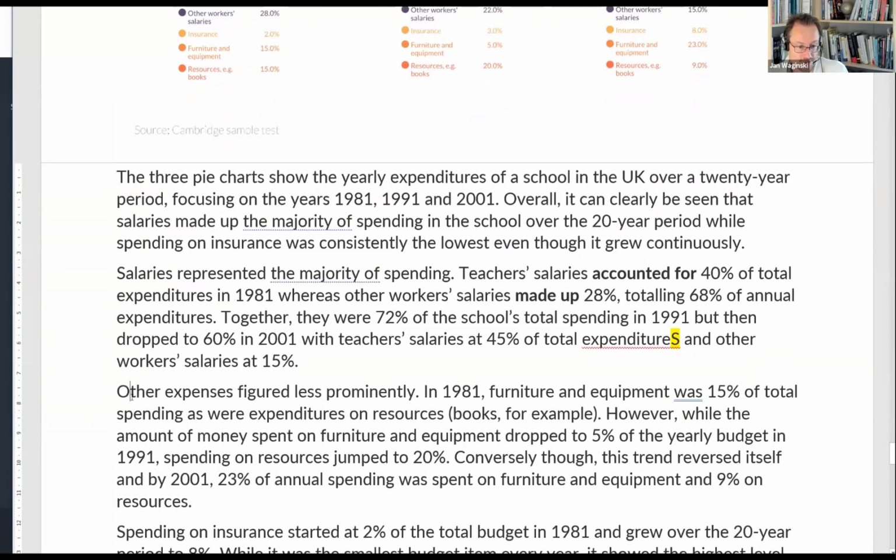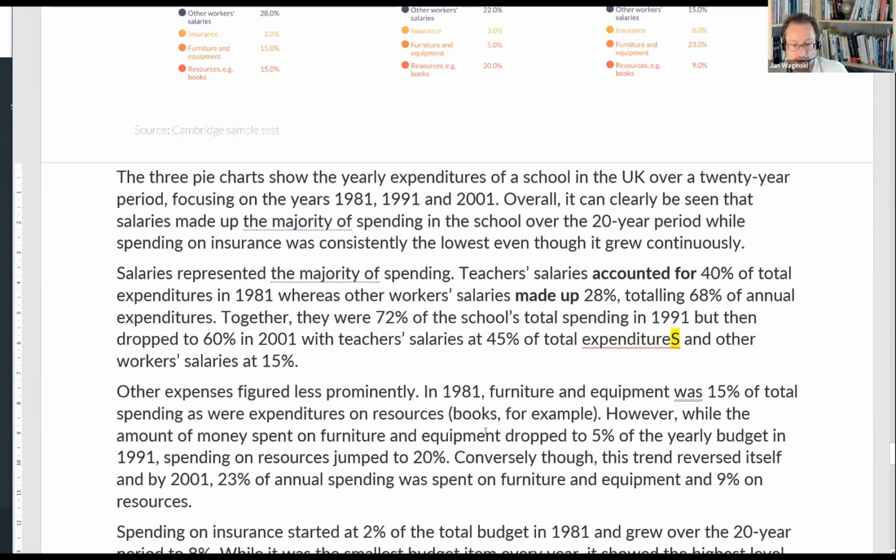This is a nice expression. Other expenses figured less prominently. It's basically a fixed phrase. In 1981, furniture and equipment is lumped together. Microsoft has a problem with it, doesn't matter. Furniture and equipment was 15% of total spending, as were expenditures on resources, books, for example. However,